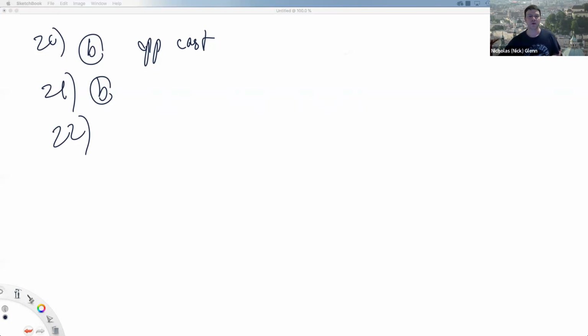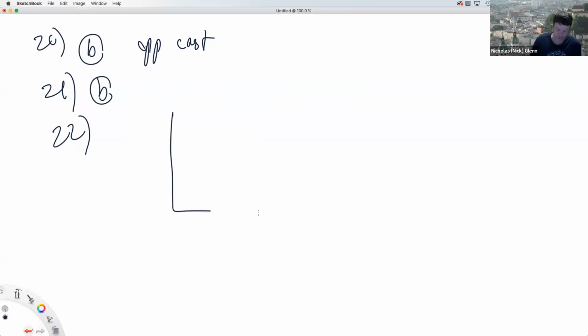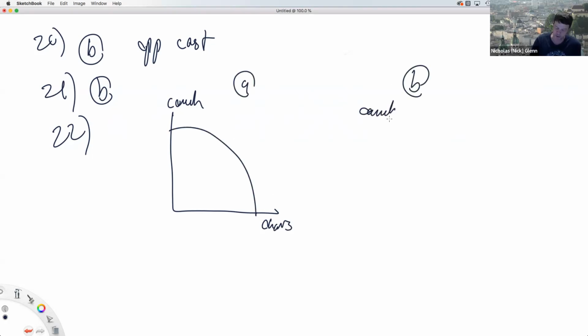So let's look at the trade-off here. They got these two production possibilities frontiers. All right. You have it's between couches and chairs. Those are the two things they can produce. A's bowed. B, though, is a straight line, constant. It's a constant trade-off. And so what 22 wants to know is the rate of trade-off between producing chairs and